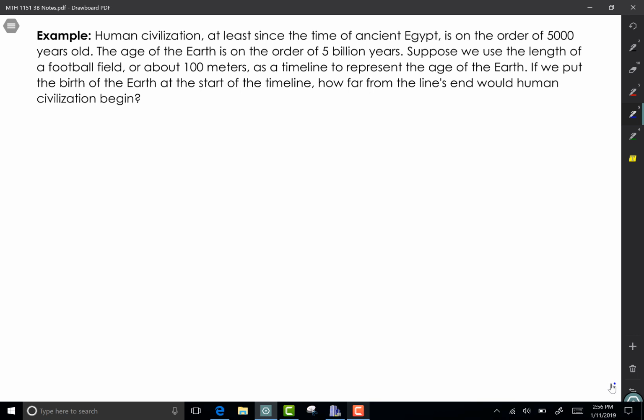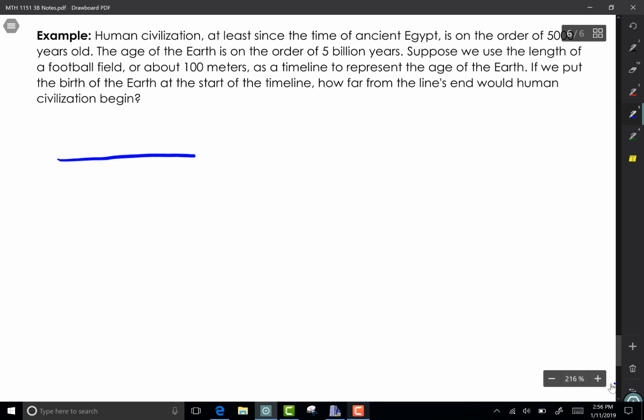The age of the Earth is 5 billion years. So the Earth has been around for 5 billion years. There's only been humans on Earth, for what we could tell, for about the last 5,000 years. And suppose we use the length of a football field, or about 100 meters, as a timeline to represent the age of the Earth. So if we imagine this is the length of a football field from 0 to 100 meters,